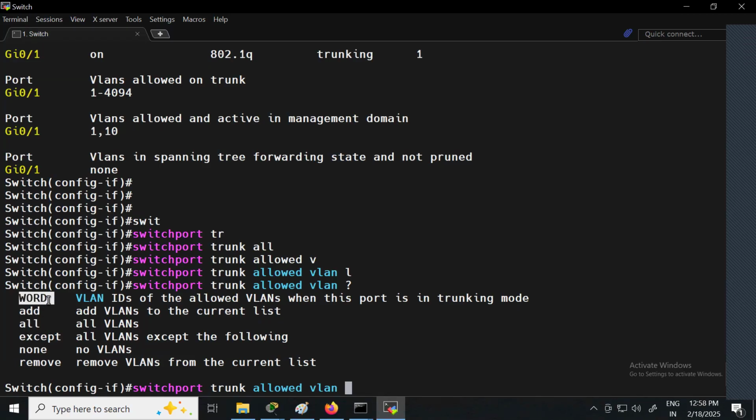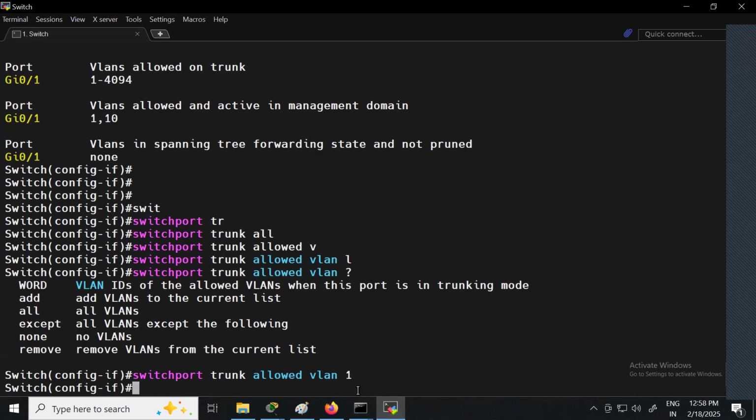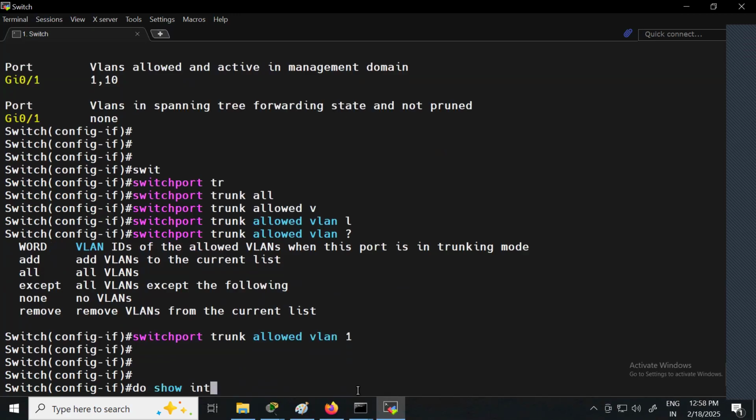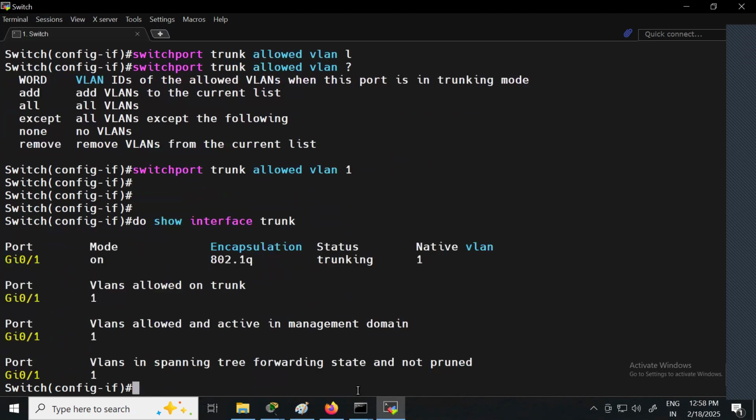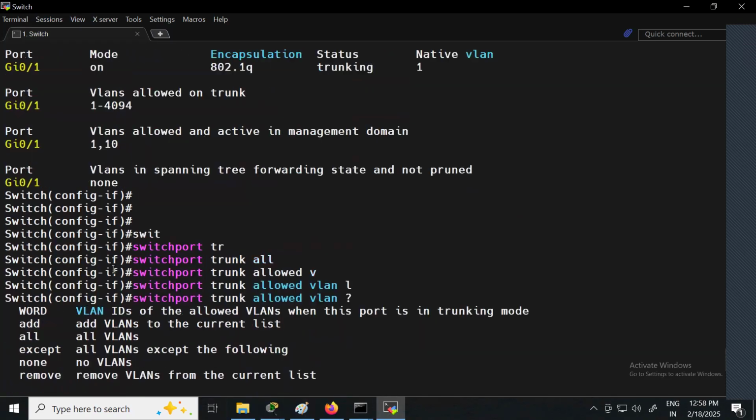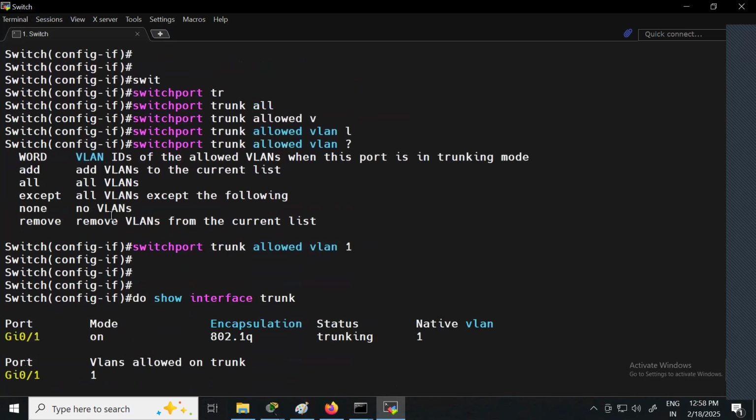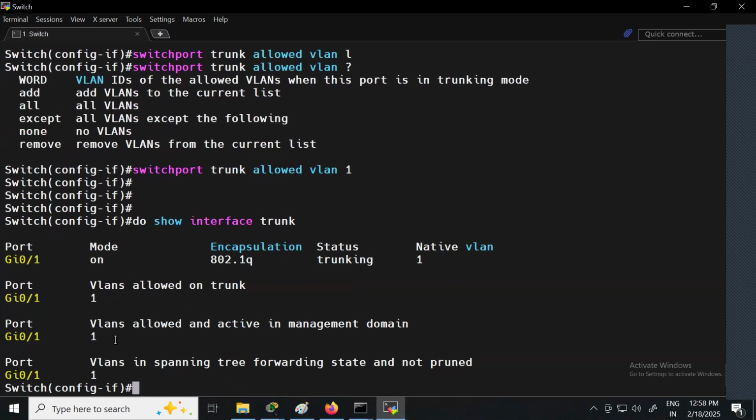A specific VLAN, I can mention here. Let's say I'll say 1. Now let's check. Do show interface trunk. Do you see? Through the trunk interface, only one VLAN is allowed. By default, all the VLANs were allowed. Now only VLAN 1 is allowed.